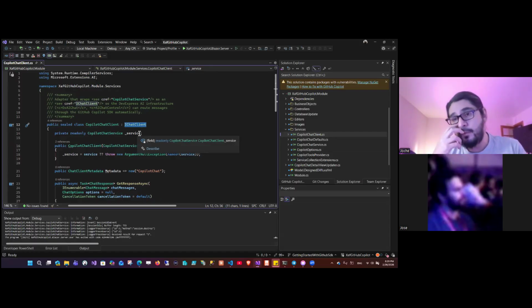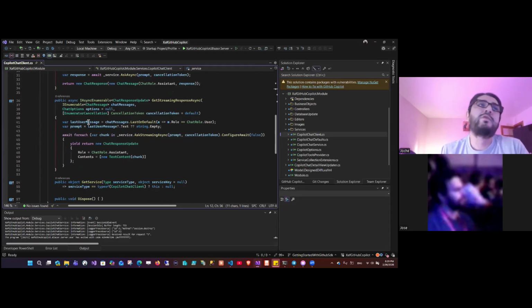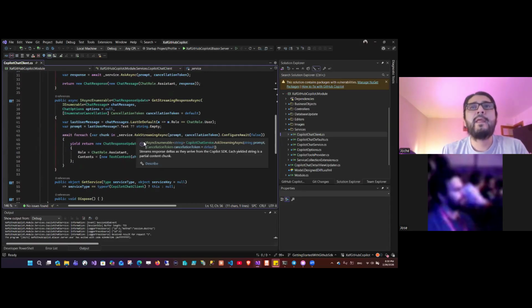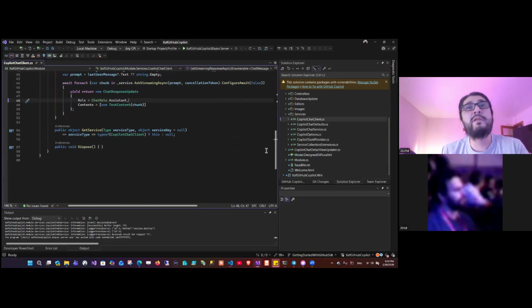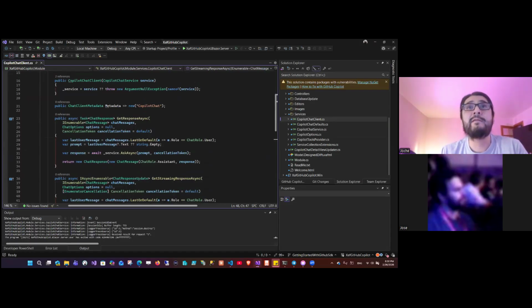We have shown before abstractions of IChatClient in the meetup that we did on integration with Microsoft AI extensions. So it's exactly the same. You just make your own instance and you wrap any chat service that you have. In here we have the Copilot one. And basically everything else will be just dependency injection configuration,